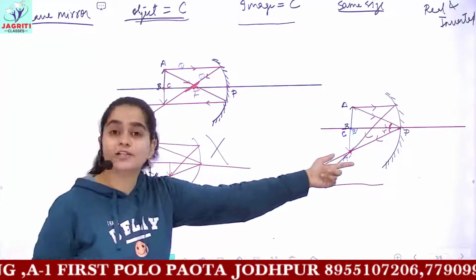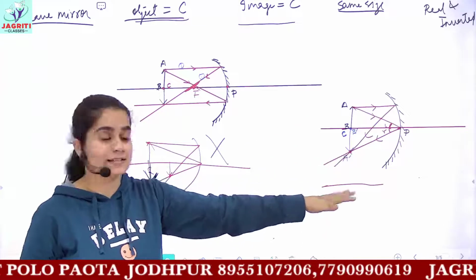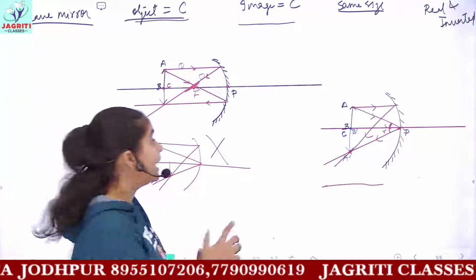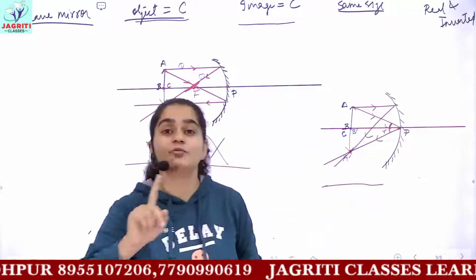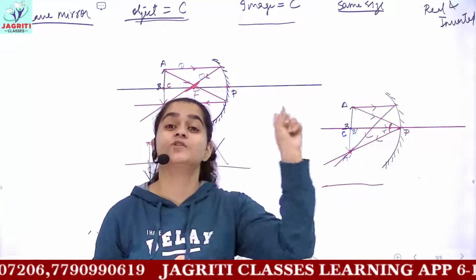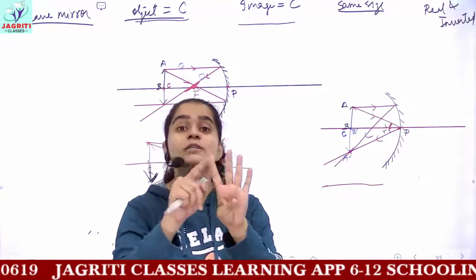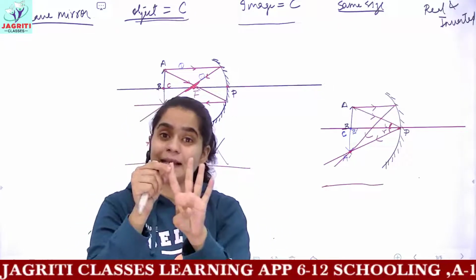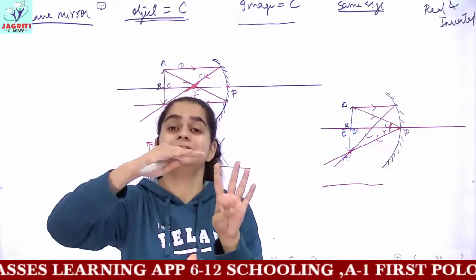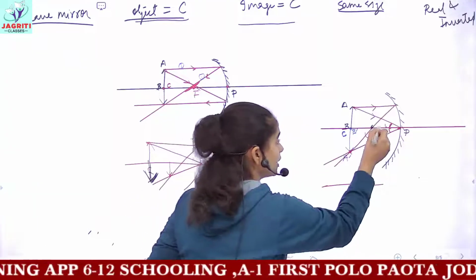So this is a short method or a trick, you can say, which would be easier for you to practice. Draw the object and draw the image and then make the lines. And these lines we cannot make on our wish. I am making them according to the rules of image formation which we discussed. There were 4 rules if you remember. The first one was, if you draw any light ray from the object and the light ray is parallel to the principal axis, then after reflection it should pass through focus.